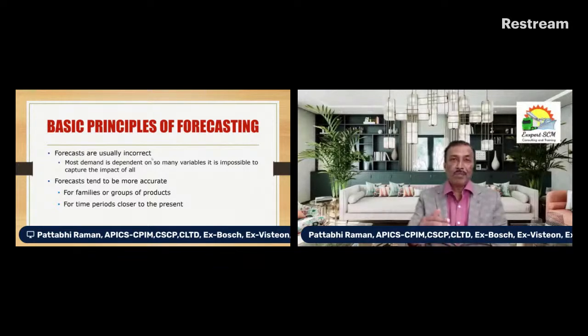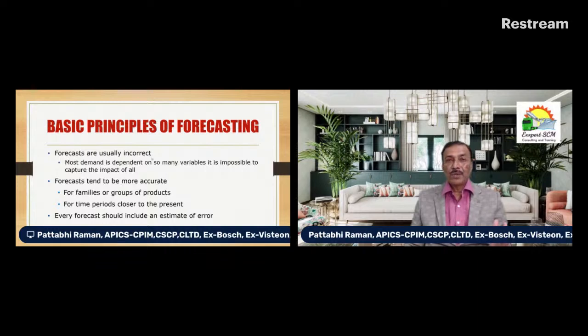But when you move farther into the future, the accuracy level dramatically comes down. These are the basic principles irrespective of whatever latest methods we have. If you have this basic idea in mind, you are definitely going to do a better job in forecasting.